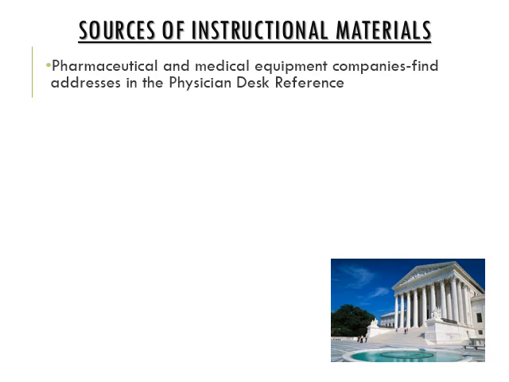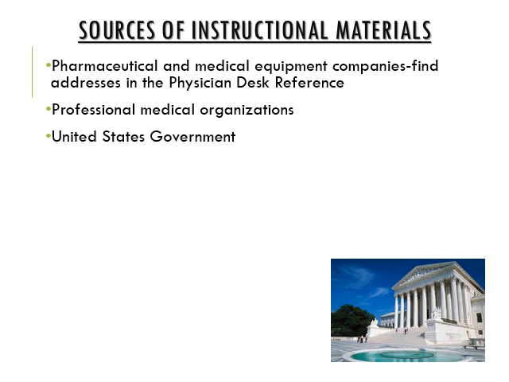There are a lot of different sources of material. As I said, pharmaceutical companies are some of the easiest ones to find. You can look on their websites and find all kinds of stuff. By the way, you can check your PDR in the back and it will have basically every drug company listed in there if you can't